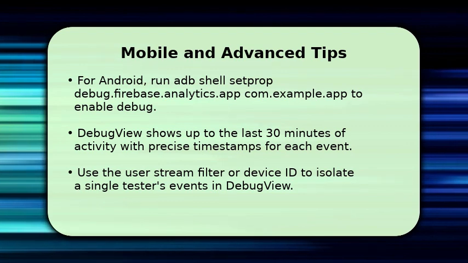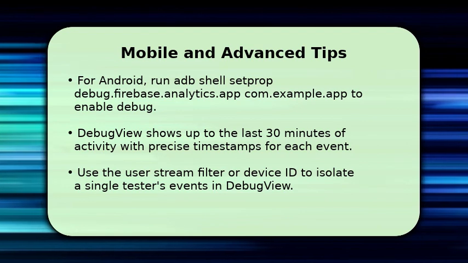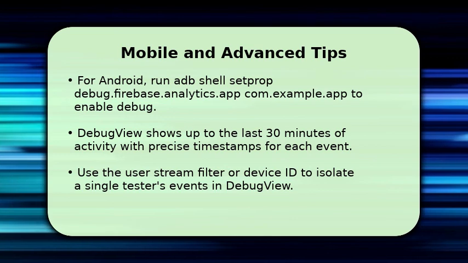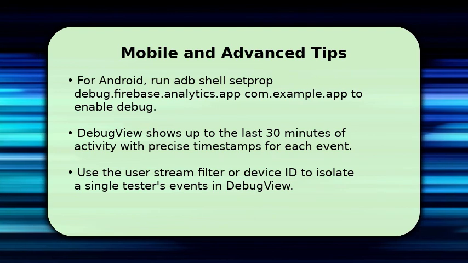Debug View shows up to the last 30 minutes of activity with precise timestamps for each event. Use the user stream filter or device ID to isolate a single tester's events. When testing, clear caches and use private mode to avoid mixing other user data. After debugging,